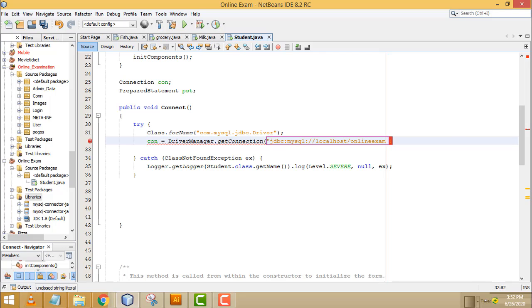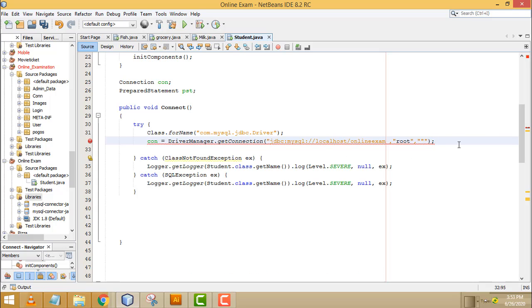Right. Here we have to give the user credentials of MySQL, right? When you install MySQL on your machine, the default username will be root and the default password will be blank, right? This is the user credential. Here there is an error; you have to import the catch as well, right? What is the problem?